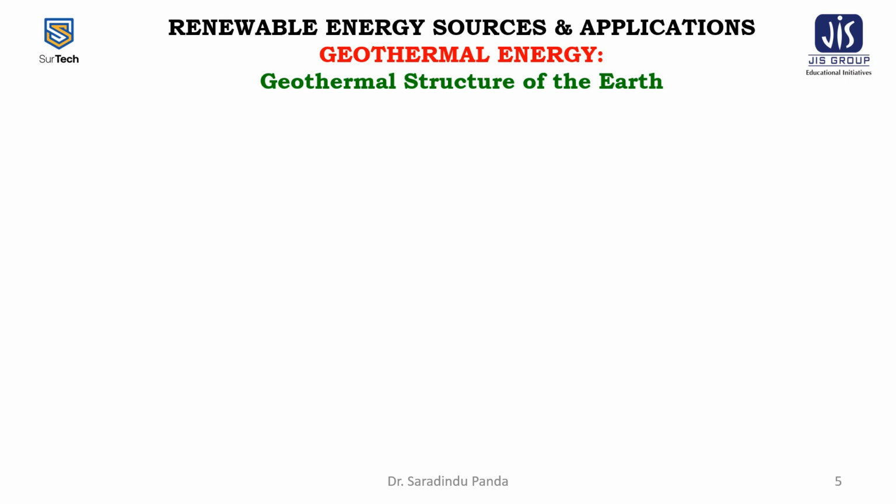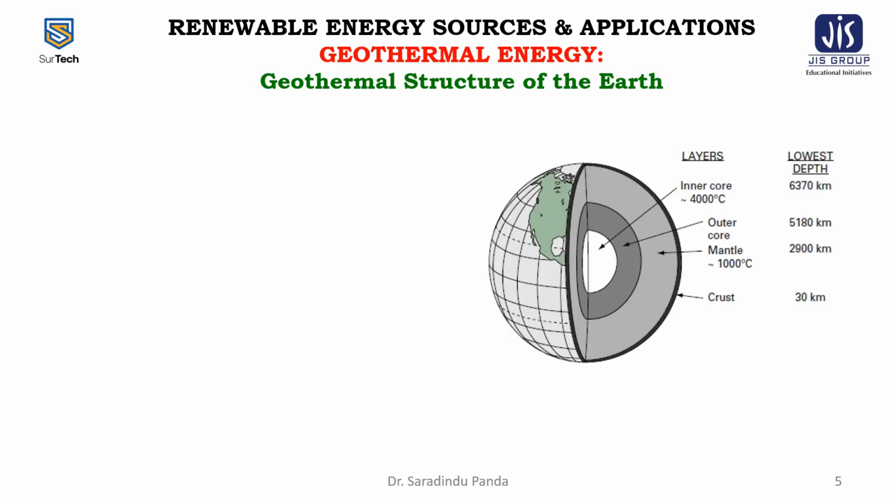Now come to the geothermal structure of the earth. This is the geothermal structure of the earth. There are 4 layers in the geothermal structure of the earth. The inner part is the core, then the outer core, then the mantle, and at last the outermost surface is called the crust. The crust is about 30 kilometers, and then up to 2900 kilometers is the mantle, then up to 5180 kilometers is called the outer core,